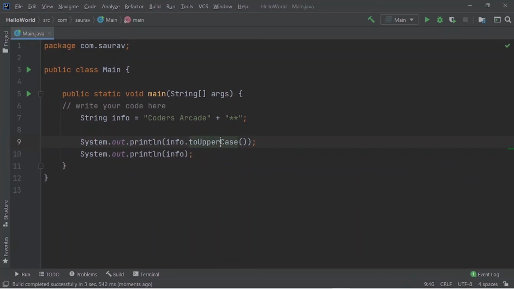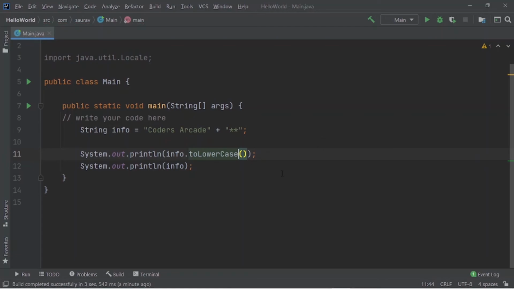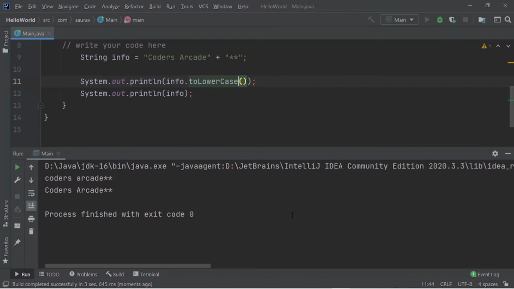And we also have toLowerCase. As the name says, it will convert all the characters to lowercase. I will run this. You can see it has converted it into a new string which is all lowercase, and this was the original string.